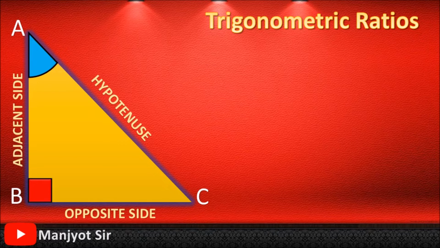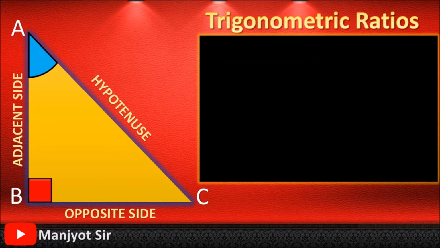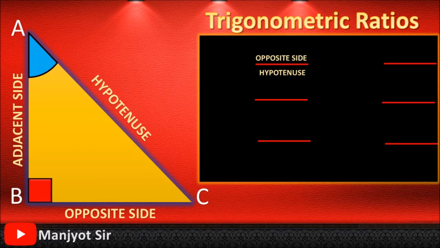This is very important. Listen very carefully. See, what we are going to do is form six ratios, or you can say six trigonometric ratios. Now how are these ratios formed? We'll pick these three sides: opposite, adjacent and hypotenuse. See, first if I pick opposite and hypotenuse, one ratio is formed. Then if we pick adjacent and hypotenuse, another ratio is formed. So what we have done, from these three, we are making pairs of two.